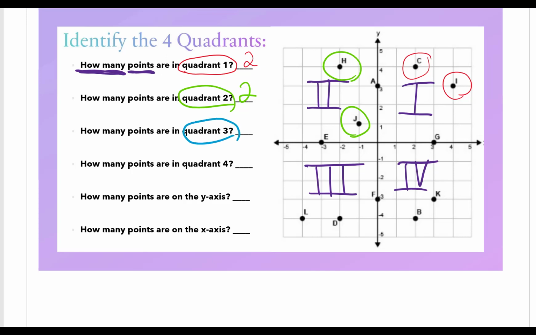Quadrant 3. How many points do we have? 1, 2. We have 2 points in quadrant 3. So en cuadrante 3 tenemos 2 puntos, punto L y punto D. All right, and in the last one,